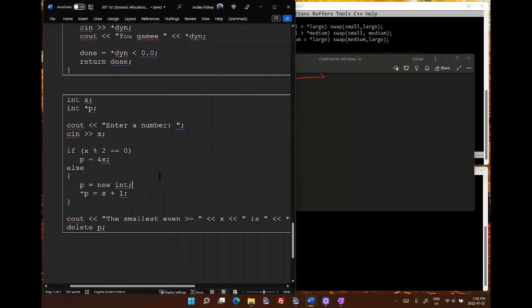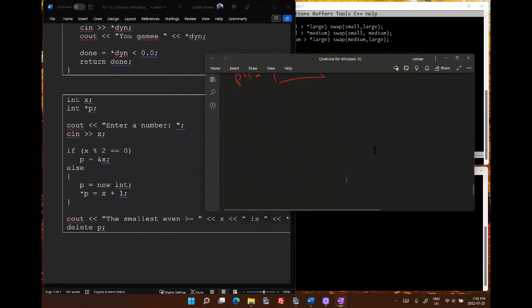So let's go through tracing this a little bit and see what's going on in the actual memory. So first off, we have the variable x right here. We have a pointer right here that's pointing to null in the beginning. After the cin, we have a cout entering a number. They will enter that value. Put a value here to say that it'll be stored into x. Then we're checking if x mod 2 equals 2, so it's right here. p equals ampersand x. So right here it could be like if it goes into the if, it means that,